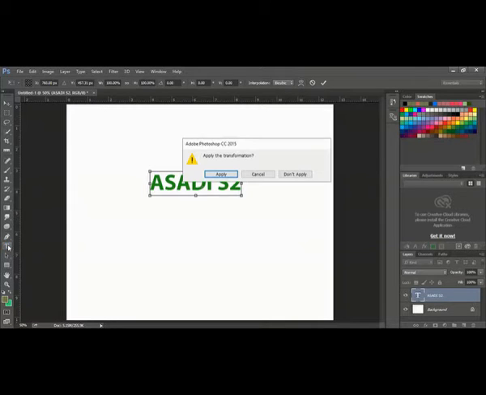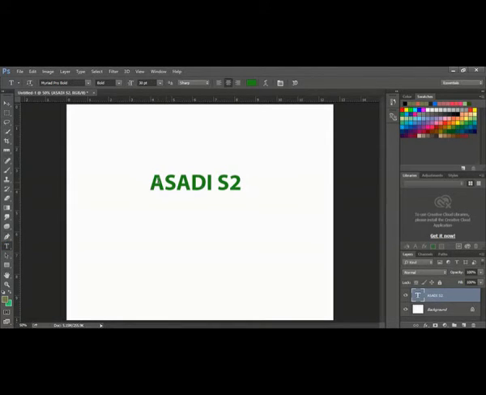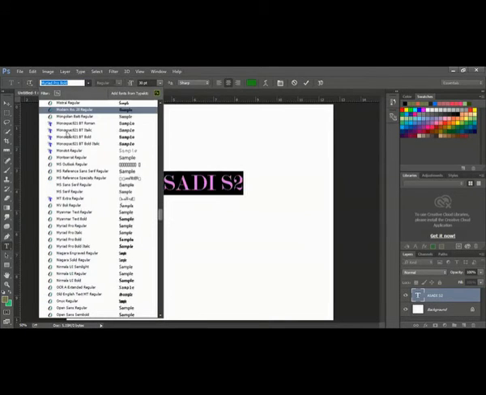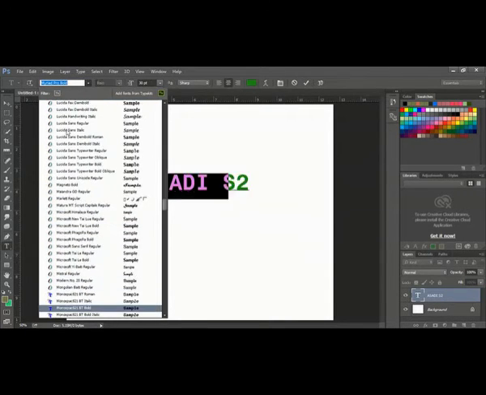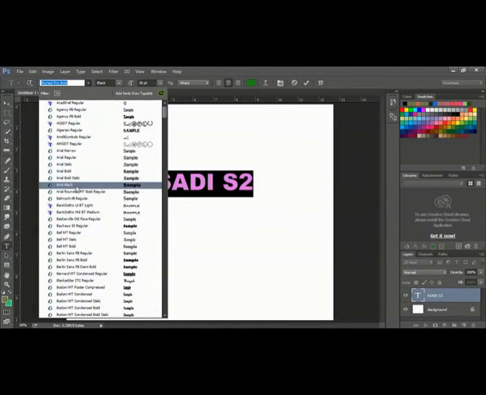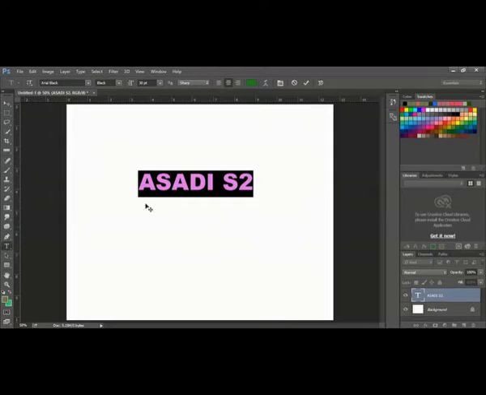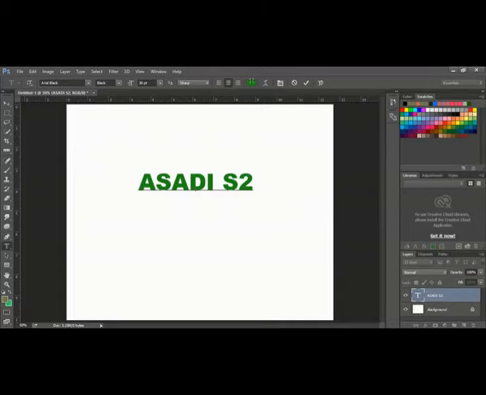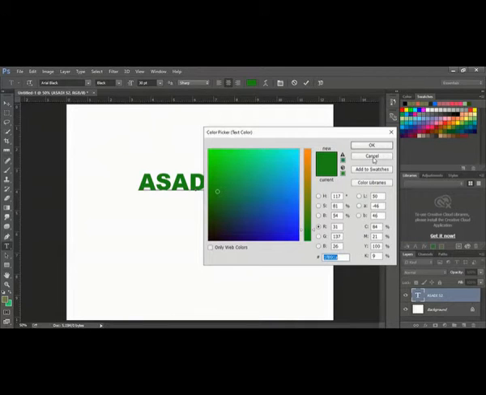I want to change the font. So I will go to the text, select it, and go and change. You can change any font you want. This is the same thing, similar to our Word file. So I selected this now. So if you want to change the color, you select it, go here and change the color. Whichever color you want, you can put.